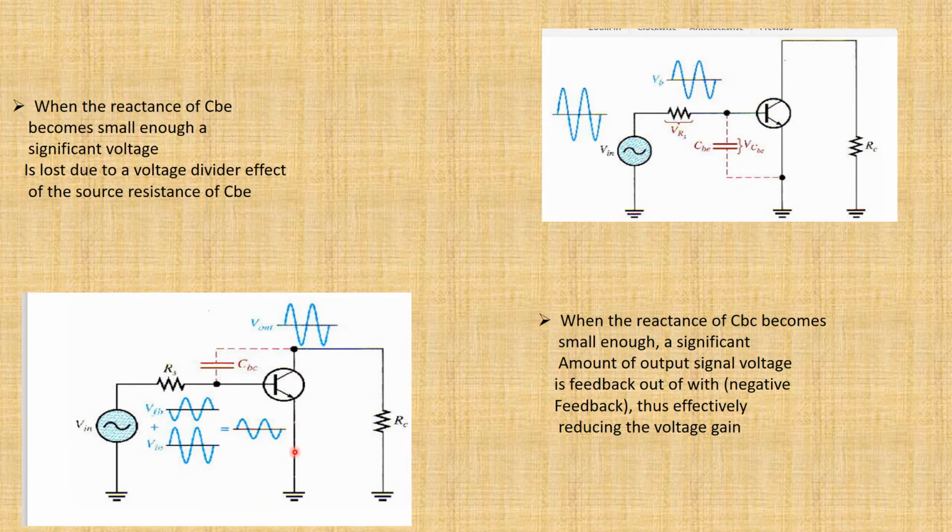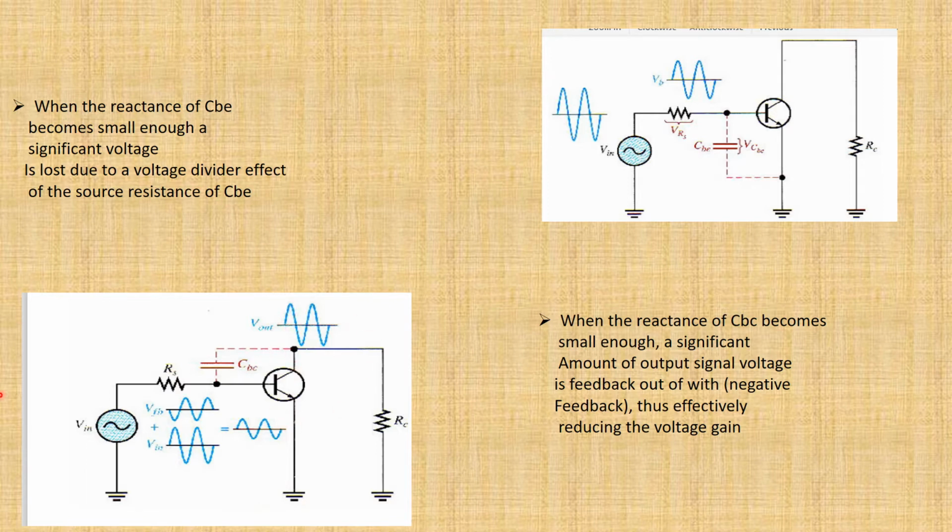Okay, so this is showing you the effect of CBE. In this figure it is showing you the effect of CBC. This is the input signal. This is how the voltage drop across RS has affected it, and a combination of these two is going to give you this signal. Now here the signal is amplified certainly, but this capacitance CBC is going to drop down the magnitude of this output